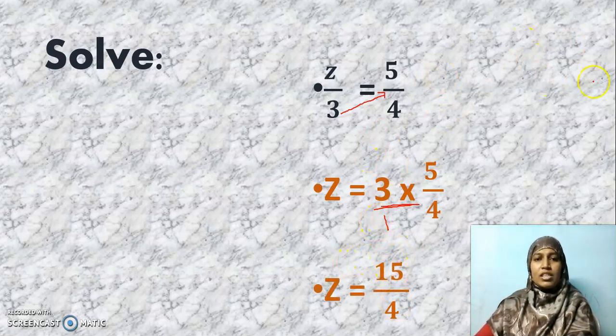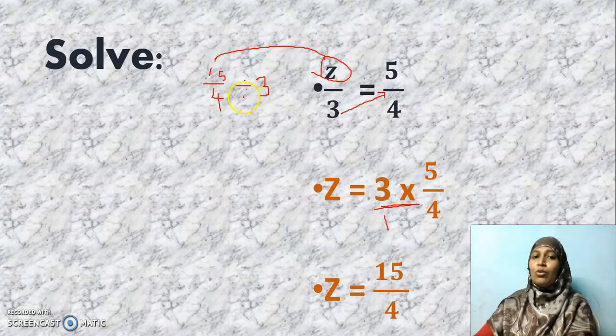Now how to check this? We have LHS to be z by 3. In the place of z, I have to place 15 by 4. Now again divided by 3. We are not used to having a division and a division again. So I will place the division symbol here and write 3. Will you all agree that z by 3, I have written it this way. For z, I have written 15 by 4, and this division symbol I have written in the usual division symbol by 3.